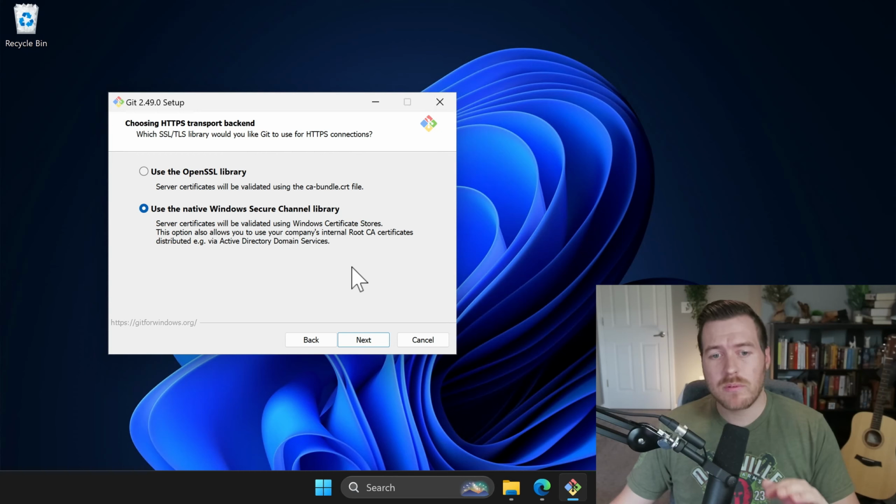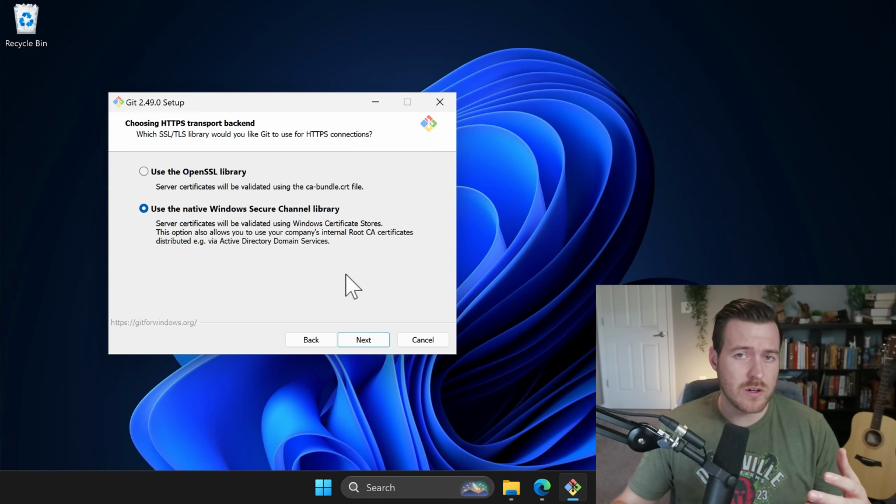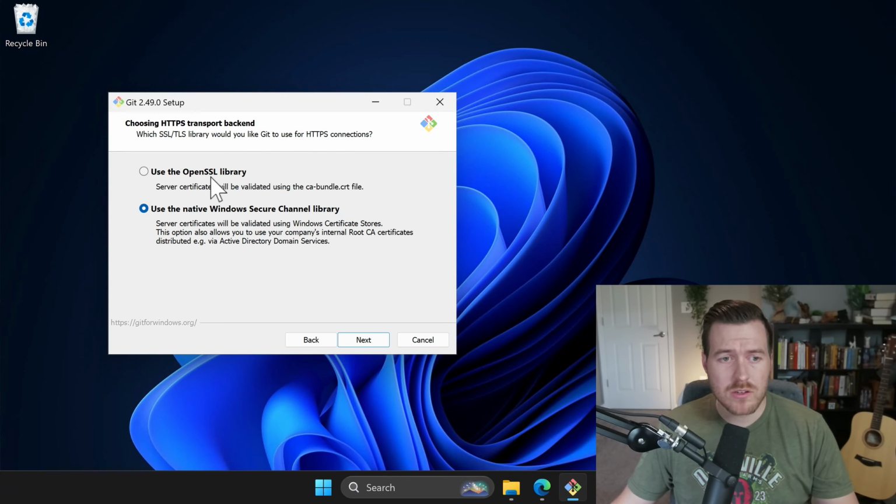Now this is asking what we would like to use in order to resolve HTTPS connections. There will be a certificate file associated with an HTTPS connection, and your computer will need to verify that it is a valid connection. So we can either use OpenSSL or we can use Windows Secure Channel Library in order to validate those certificates. I'm just going to leave it as the recommended, which is the native Windows Secure Channel Library, and then hit